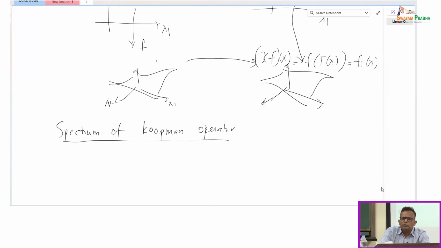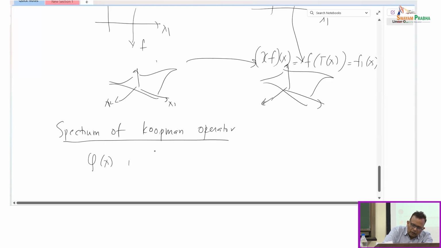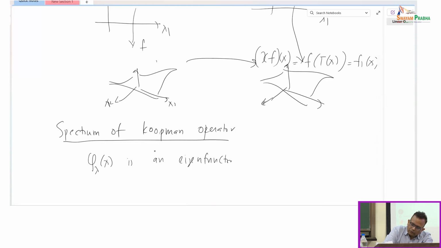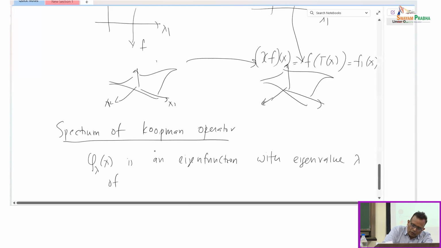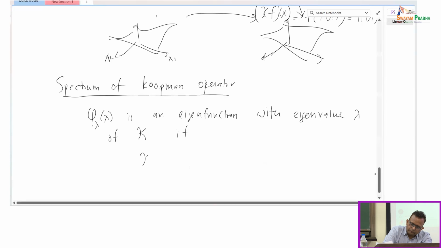So what is the spectrum of the Koopman operator? It's basically the eigenvalues and eigenfunctions. So let's use the notation phi lambda of x. It is an eigenfunction with eigenvalue lambda of this Koopman operator kappa, if kappa acting on phi lambda of x is equal to